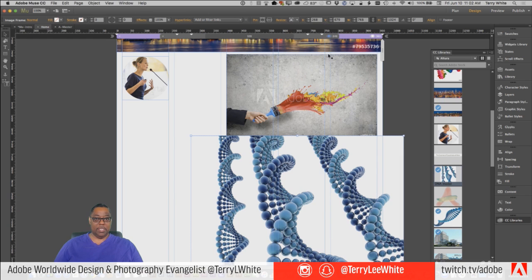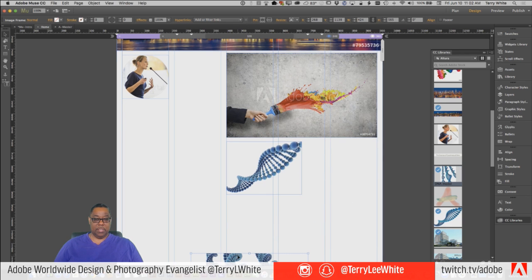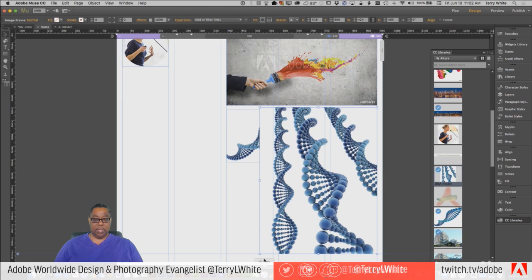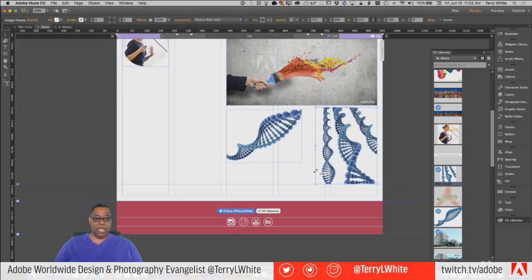So don't resize, and scale up or down. Okay, so now they're not resizing.